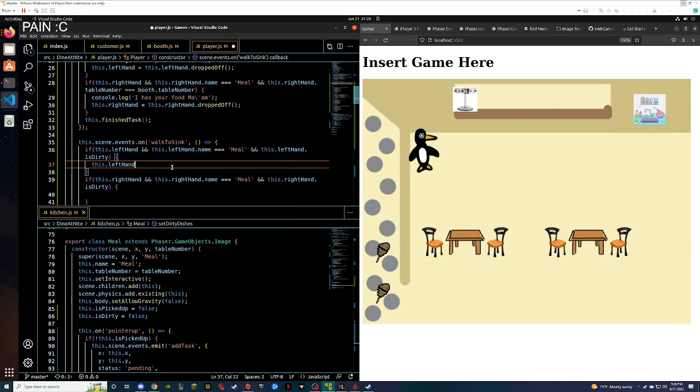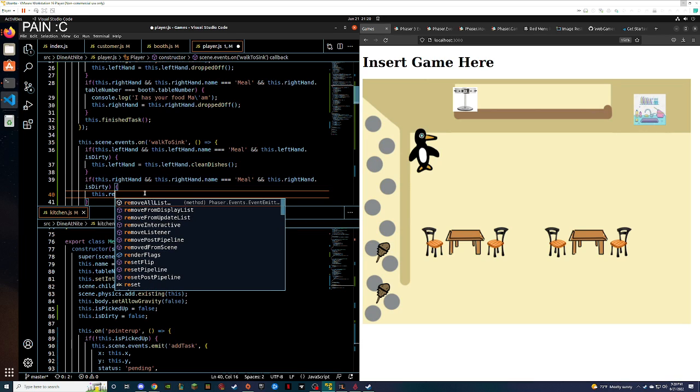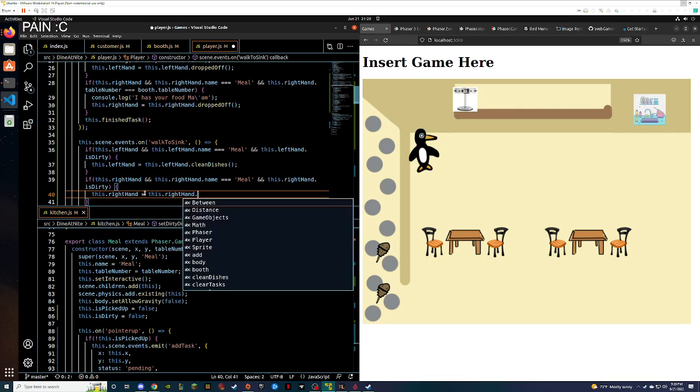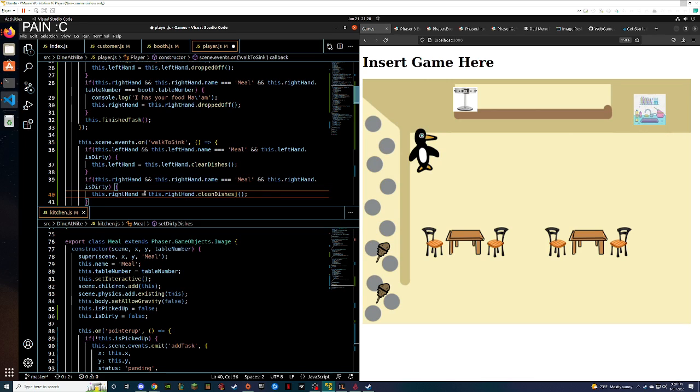We're gonna just do this dot left hand equals this dot left hand. And we're gonna just do clean dishes, which in reality, we're just gonna destroy it. Right hand. And the reason why we're setting it to itself is we're gonna return null so that the hand's like, oh, I'm free, I can carry more things now. Clean dishes, with a J at the end, apparently.